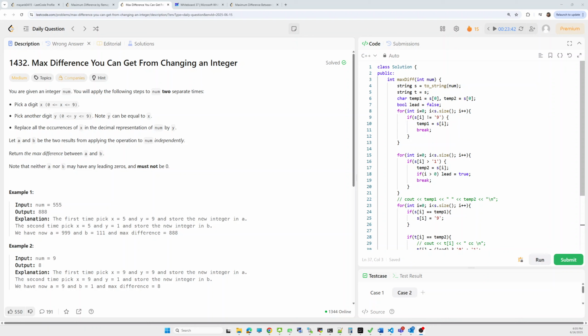Hello all, welcome back. So let's look into today's LeetCode problem. It was a similar kind of problem the previous day also. In that problem, we have to get the maximum difference by changing an integer. We are given, in this problem statement, an integer num, and we have to apply